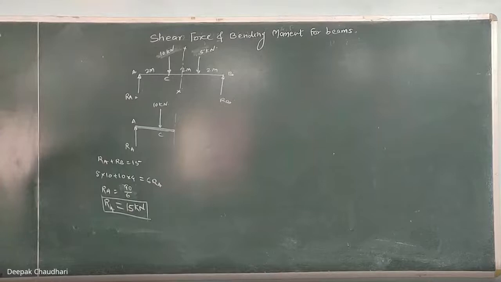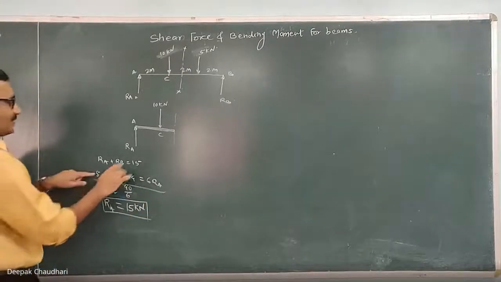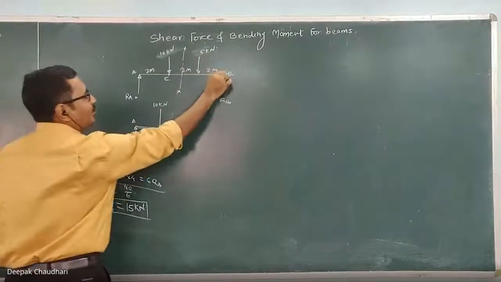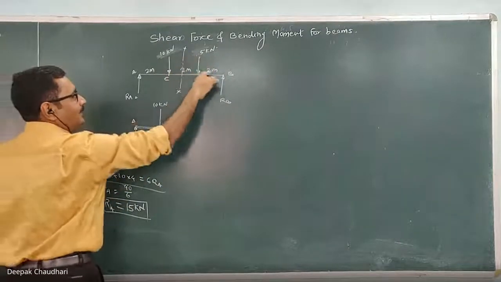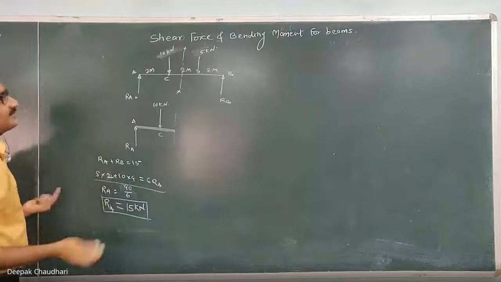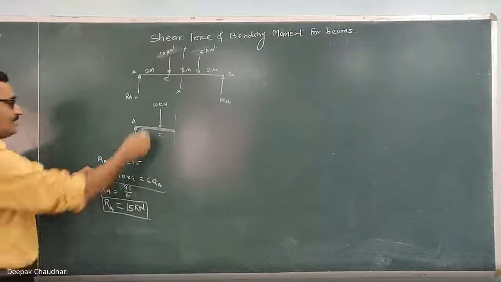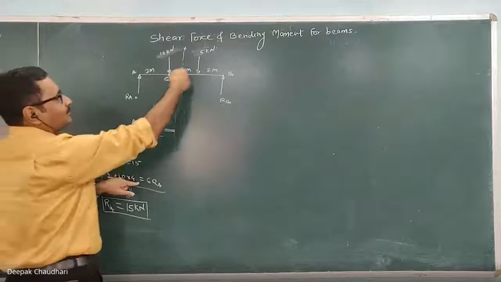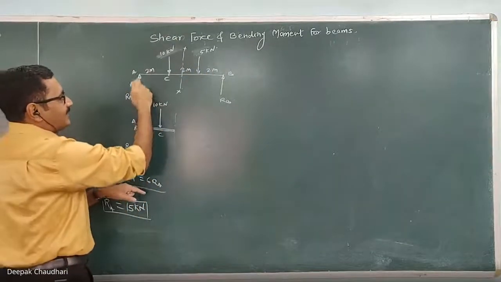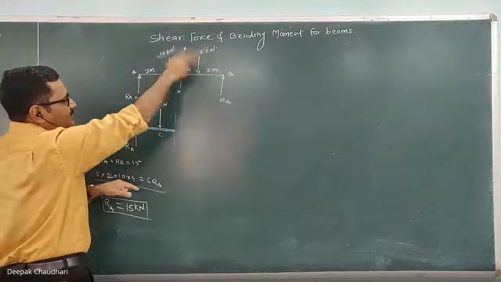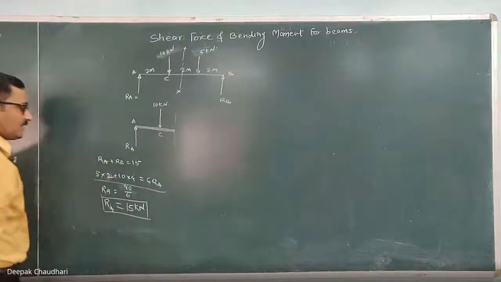Is that equation correct? No, this equation itself is wrong. I don't know from where I have written this here, but I have taken the moment about point B. So 5 into 2, I have written here 10. I don't know why I wrote that 10. Then the moment of this 10 into 4 is correct. And the moment of RA: these are the anticlockwise moments which equal the clockwise moment. So RA into 6 was correct.